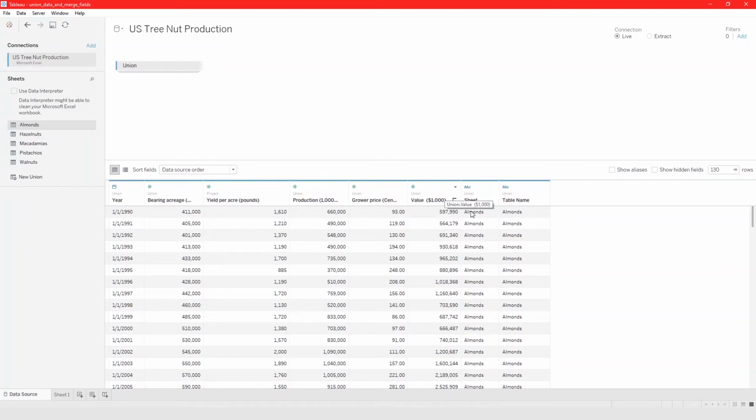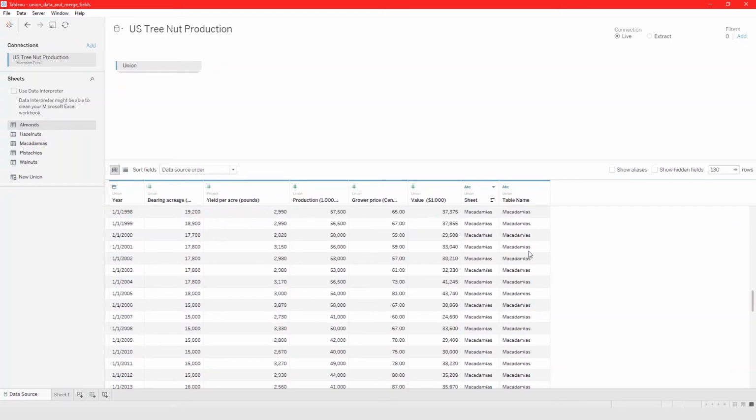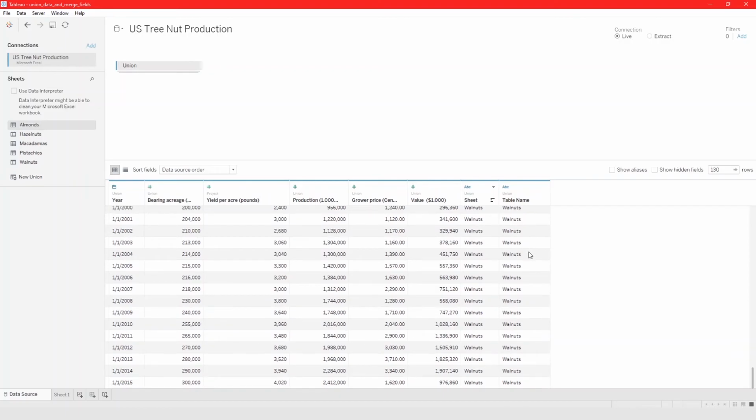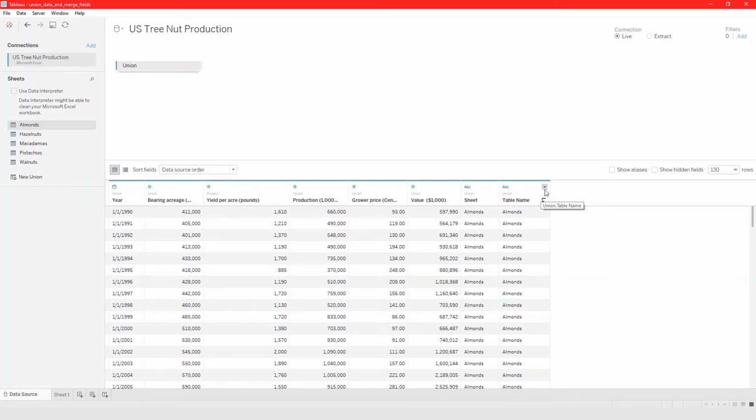Whenever you create a union, you get two new columns called sheet and table name. Sheet tells you the name of the sheet this data came from, and table name tells you the name of the table this came from. Let's go ahead and rename this table name tree nut variety. So let's call this